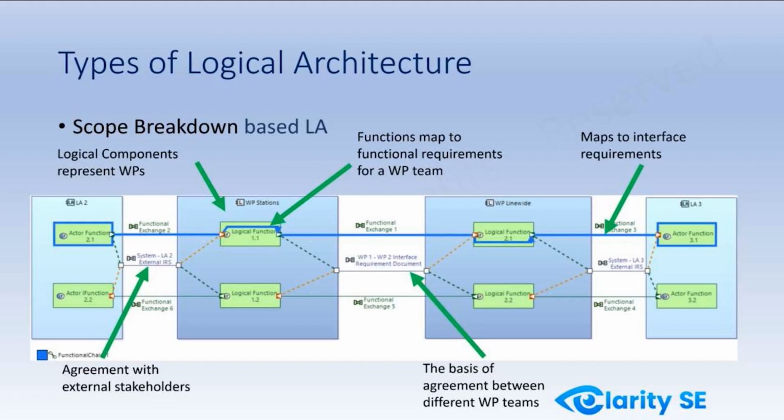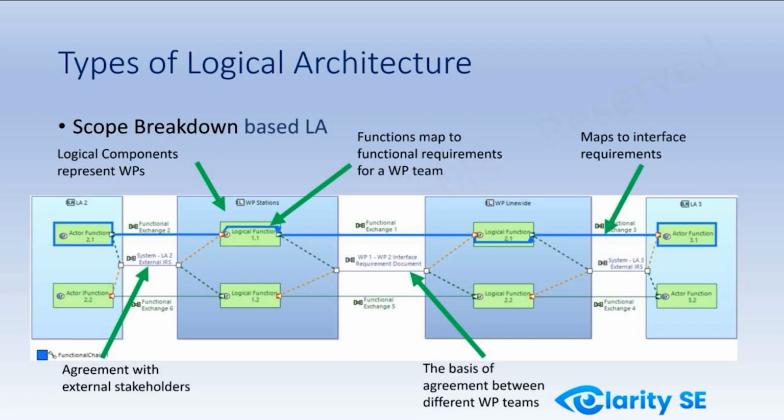When we look at the functional exchanges, they would map directly to interface requirements. So each different functional exchange that we draw, we need to think about how that then maps to an upstream or downstream functional requirement, and what that interaction needs to be between the different work packages, or indeed the external agreements with stakeholders. In this scenario, the component exchanges represent the IRSs themselves, and then the functional exchanges represent the individual elements within that